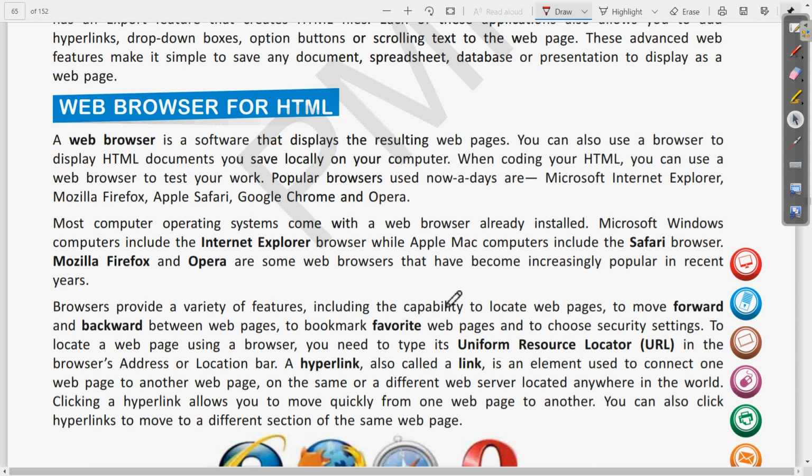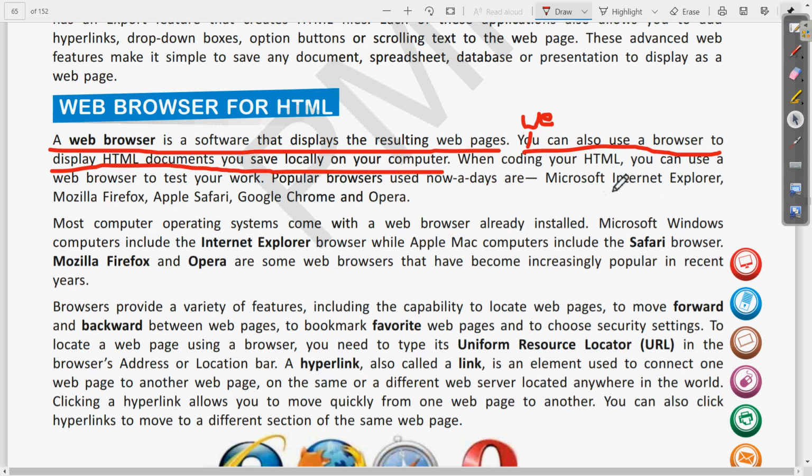So here you can see a web browser is a software that displays the resulting web pages. Clear? We can also use a web browser to display HTML documents we save locally on our computer. Clear? This is the second point. And now the different popular browsers here.